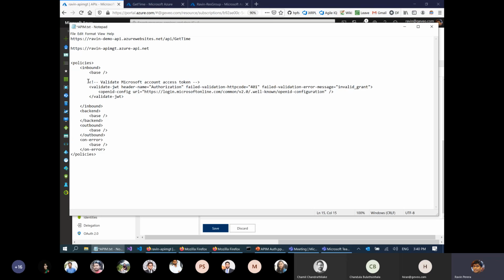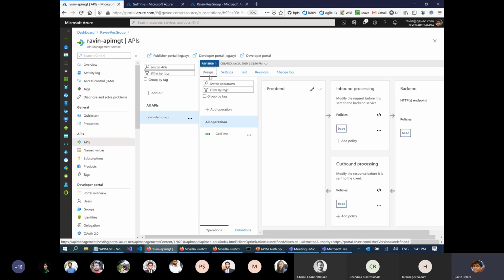I mean, there is extensive documentation on how to configure these policies. It's the major feature in API management, and it falls into the Azure administration category. You would not normally get involved with this stuff in regular development, because once you set it up, it's set up. That's it. You can forget about it. So this is where you configure the policies.